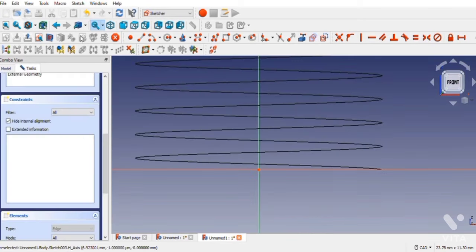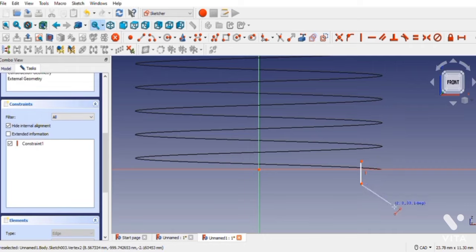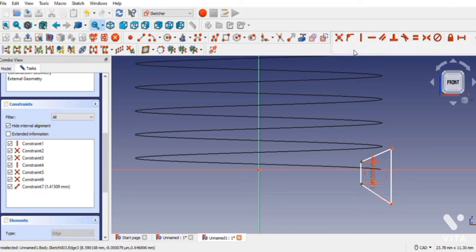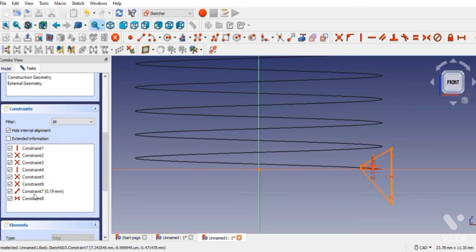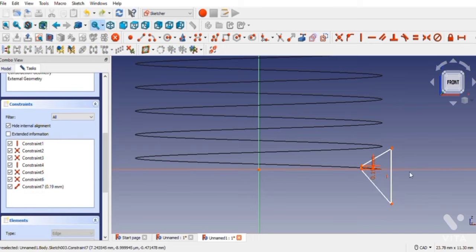Now I want to sketch a triangle on the helix part, or a trapezium, in order to sweep it to give rings. So I used the sketcher option. I made the fillet disappear using the toggle window, and now I took a polyline tool and created a trapezium, and I made it symmetric at the end of the helix, and I made it symmetric with respect to the x-axis, and then I made the distance between the shortest non-parallel side to be 0.19 mm, and